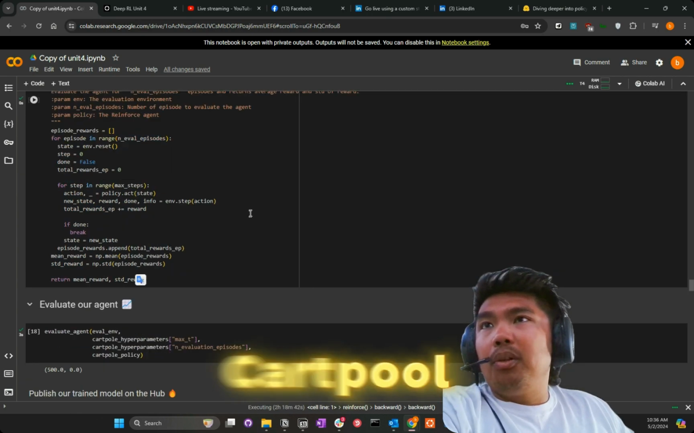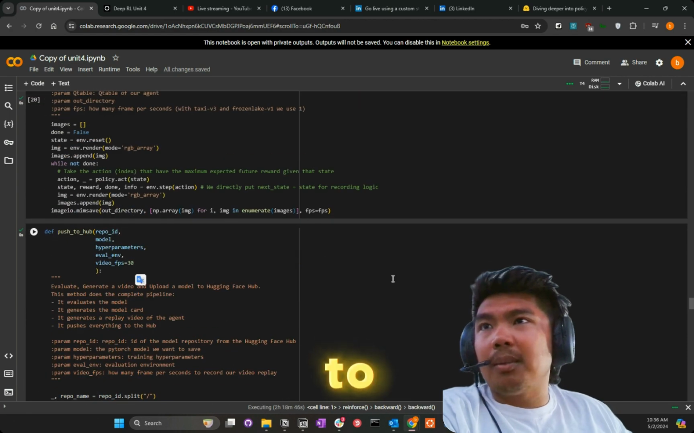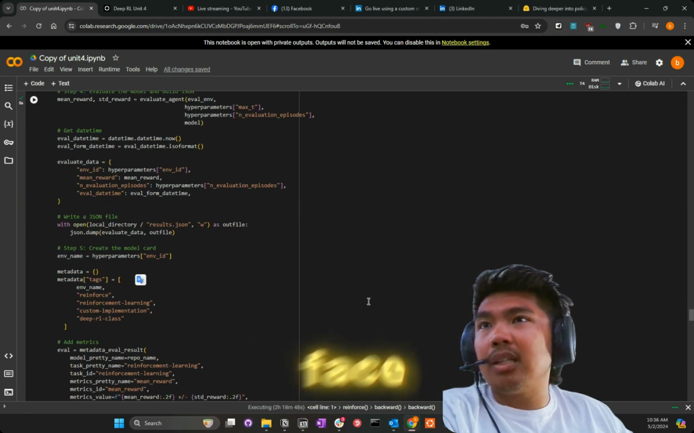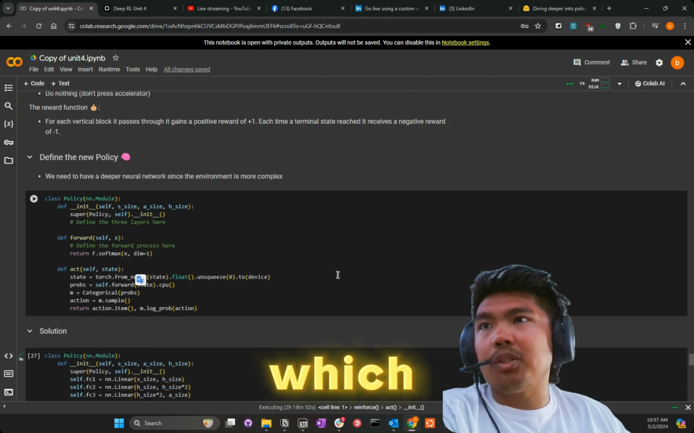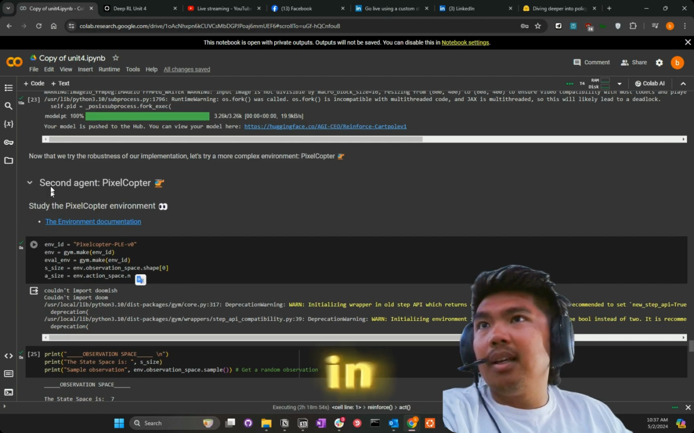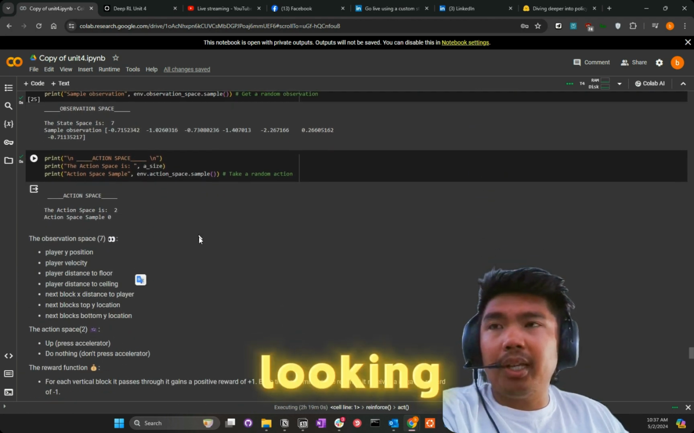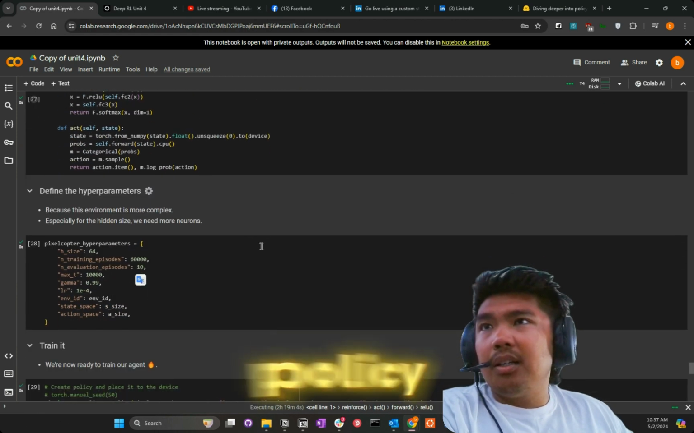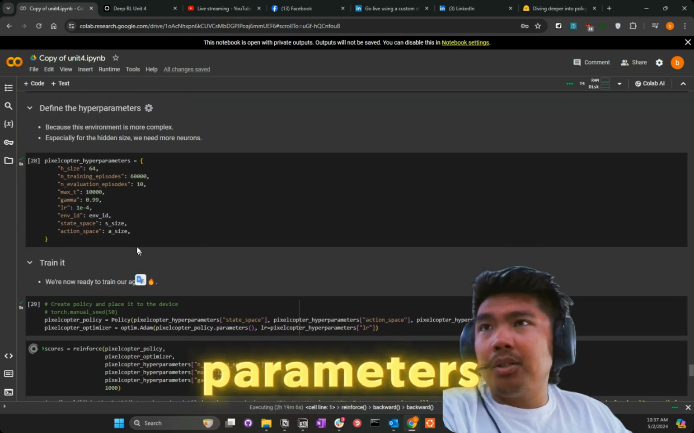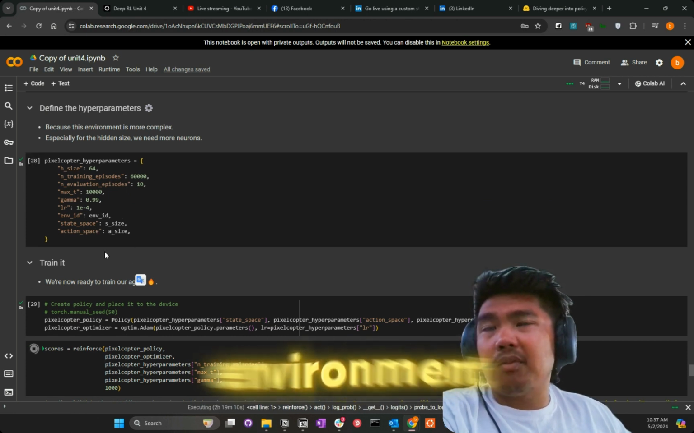So that's the cart pole environment. You go evaluate your agent, and then you can push it to the Hugging Face Hub. And then from there, you go to this next environment, which I'm now training in, is Pixelcopter. So this is that Flappy Bird looking example. Create a new policy. You define the hyperparameters. This one will have a more complex environment because